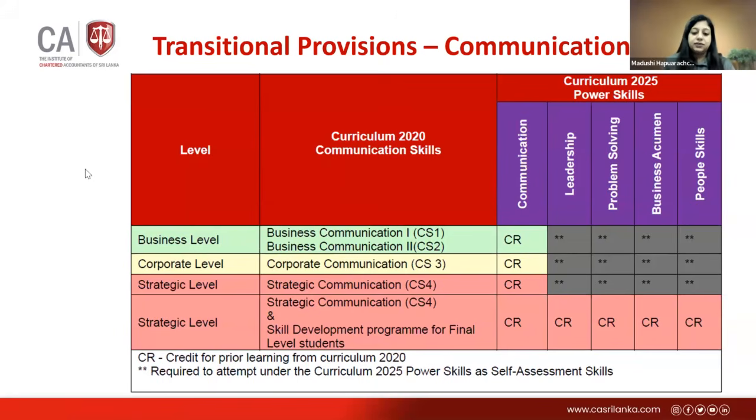and if you have done the IT2 also, IT3 also, then the relevant exemption will be granted. Actually, this is not a kind of exemption. This is a transitional provision. What you have gathered in the previous curriculum, that knowledge you are bringing from the prior learning will be considered and credited for the new curriculum. So there won't be any exemption application process, like mentioned by Angelica.